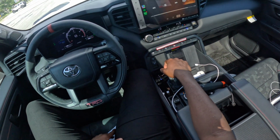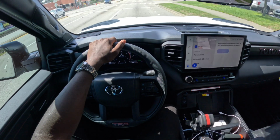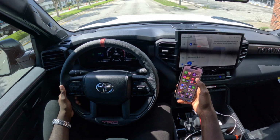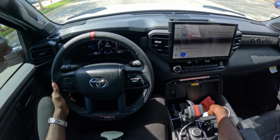At a stoplight. Alright guys, so let's get back into this POV. This time I will be quiet and y'all could just listen to the vehicle. I'm gonna put my AirPods back on because